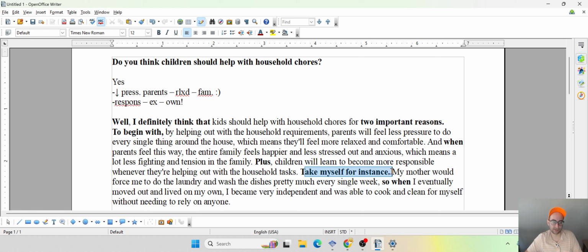Take myself, for instance. So here I'm using myself as an example. My mother would force me to do the laundry and wash the dishes pretty much every single week. So if you can, try to be specific, guys. Don't just generally talk about the chores, but try to exemplify the situation using specific chores in your example. So when I eventually moved out and lived on my own, I became very independent. So, that's why this responsibility is important, and I was able to cook and clean